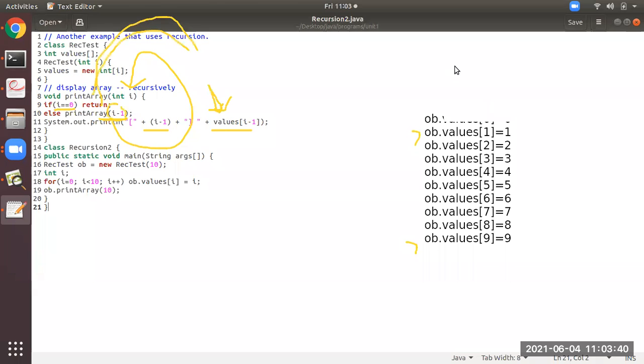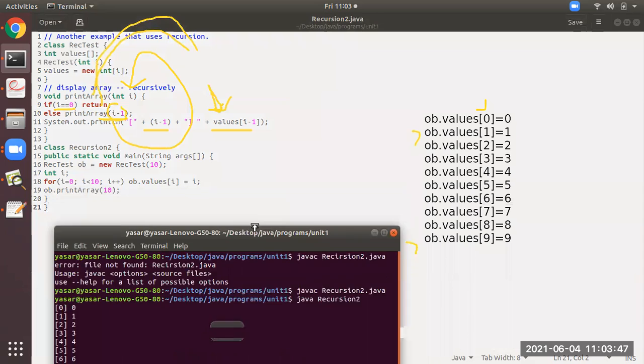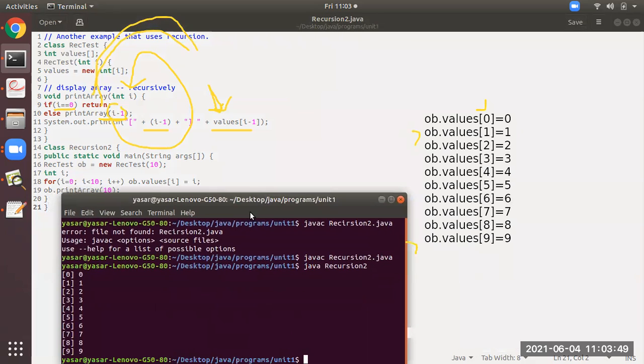0. So I will show you the output. You all please observe here. You all can observe here. What is the output? 11th line is displaying you 0. Then after 11th line is displayed, it will return from where it was called. It was called from print array of 2. So it will come back in reverse order. It will be 2 minus 1 and it will display 2 minus 1, that is 1.